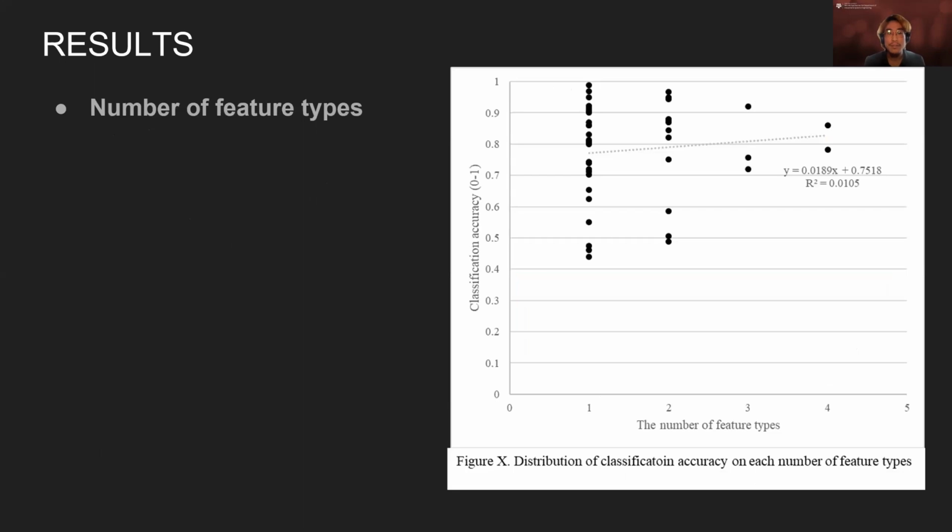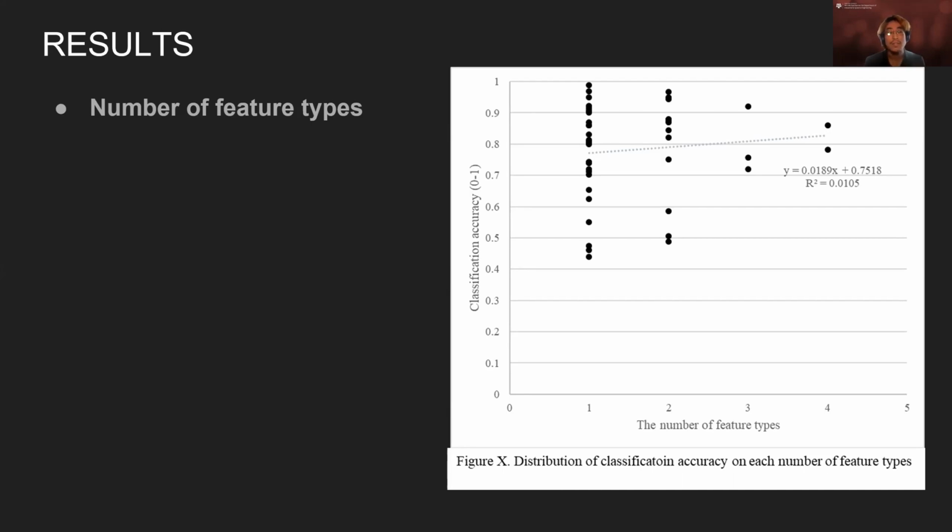And then this graph shows that there's no significant relationship between the x and y axis. The x axis is the number of feature types. So 2 means that these studies combined 2 x variables, for example, physiological, so human heart rate, and then task performance. 3 means that these studies combined 3 x variables. And then the y-axis means the classification accuracy, which is the major metric to determine the algorithm's performance, the classification performance. So accuracy is a really important